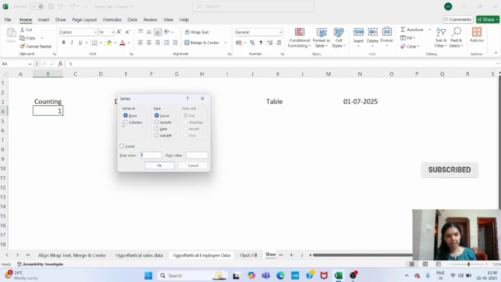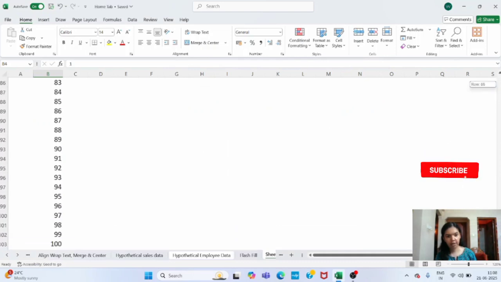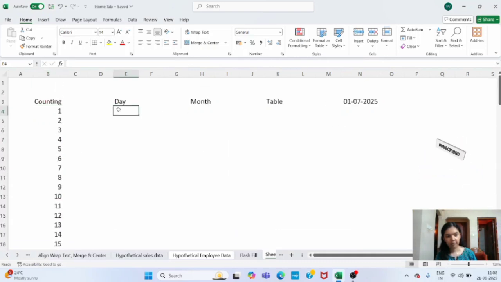So we want the data column wise, so select column here and this will be linear and the step value is 1 and the stop value is 100. So linear means it will be addition, 1 plus 1, 2, 2 plus 1, 3, like that, and growth will mean multiplication. So just click OK. And now we can see here that 1 to 100 numbers have already appeared here.